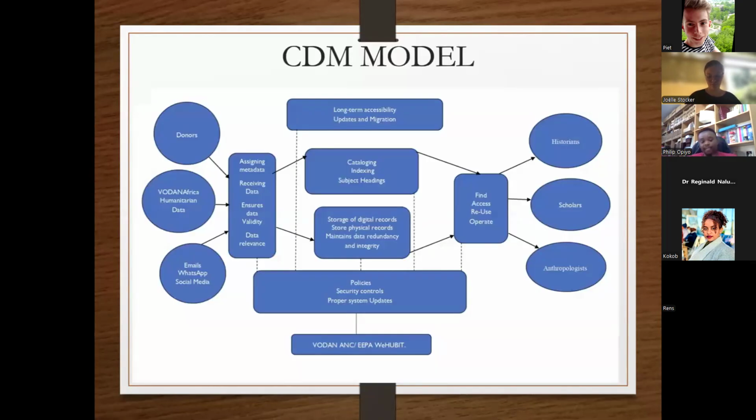Next, please. Now, this is how archiving or records management works one-on-one. So from the beginning, you can see donors, Vodafone Africa, and emails. So the donors, this could be individual donors, individual donations, and then Vodafone Africa or humanitarian organizations. These are the kind of people that we get data from. We also have systems like WhatsApp and social media. So most of the information that we collect comes from various spaces,